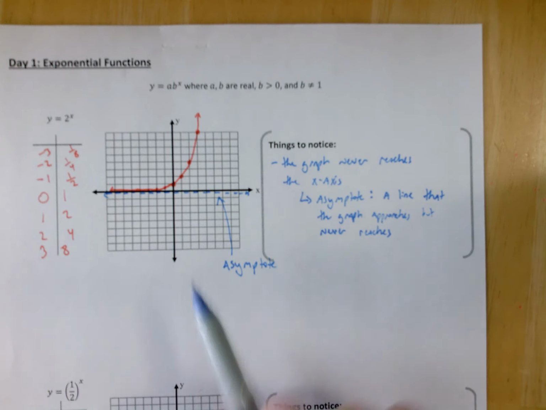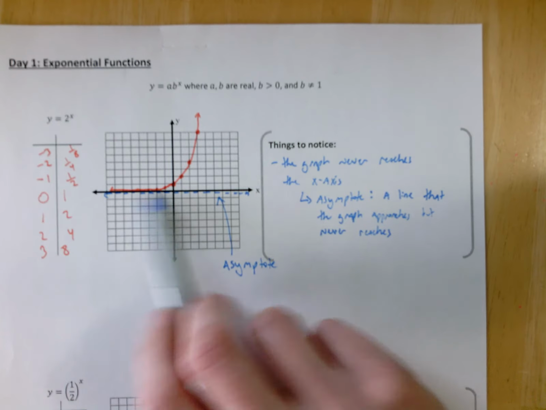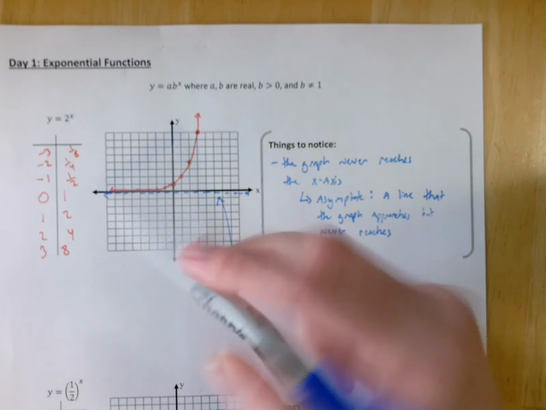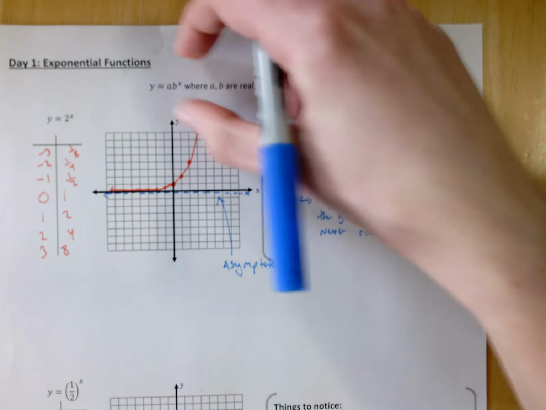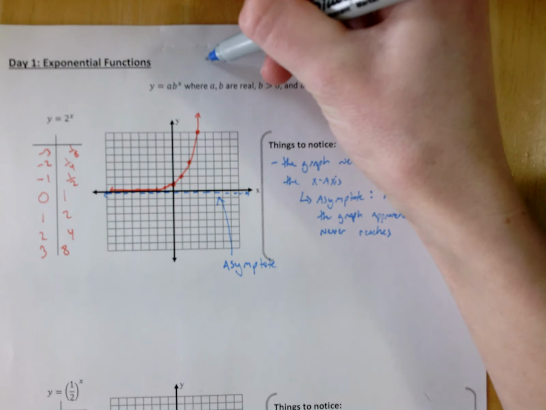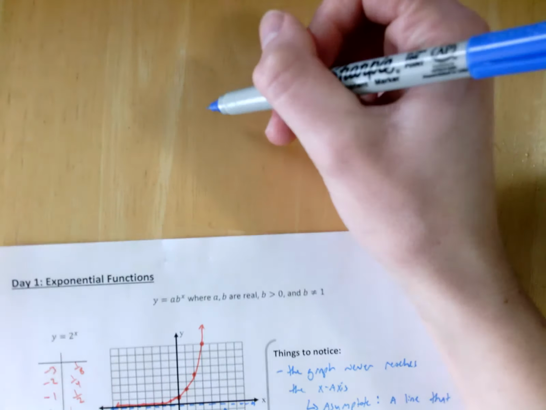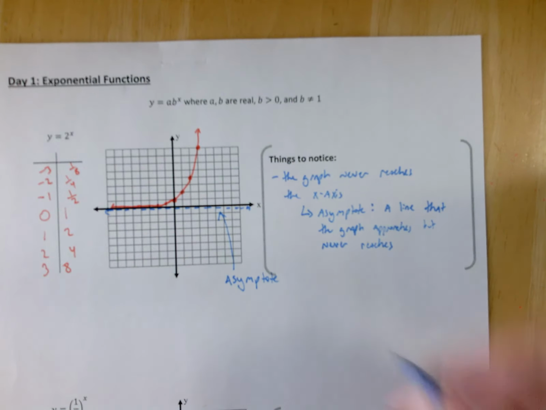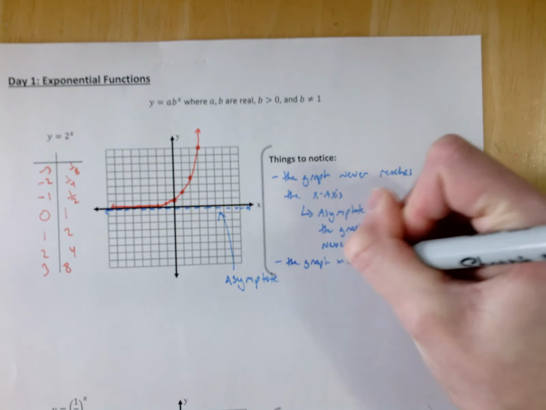The second thing that I want you to notice is that this graph in this quadrant over here, it's kind of flatlining, but over here, it's going to go up really, really sharply, right? Think about what these numbers are going to be. The next one is going to be up at 16. So I'm going to double that height. My next point's going to be here. And then the next one is going to be way up here, right? Because we're doubling that height now, right? So this graph is really, really, really steep, okay? So the second thing I want you to notice is that the graph increases